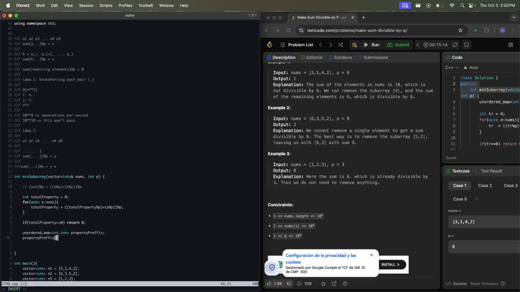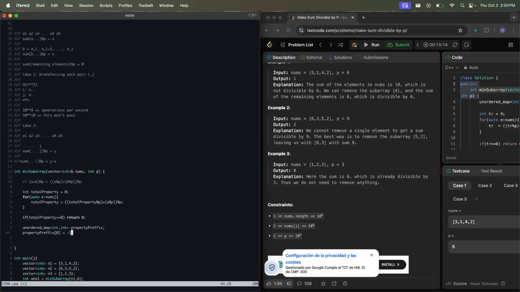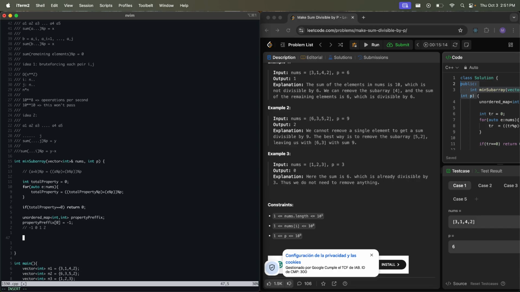Also, another important thing is that because I will start directly with the first element, before starting I had a remainder of 0, and I am going to use the index less one, because usually vectors are indexed 0 based. If I assume that I have already started with 0 as the property, it will be at the previous index before starting to traverse the vector. Then I can start to iterate over the numbers,